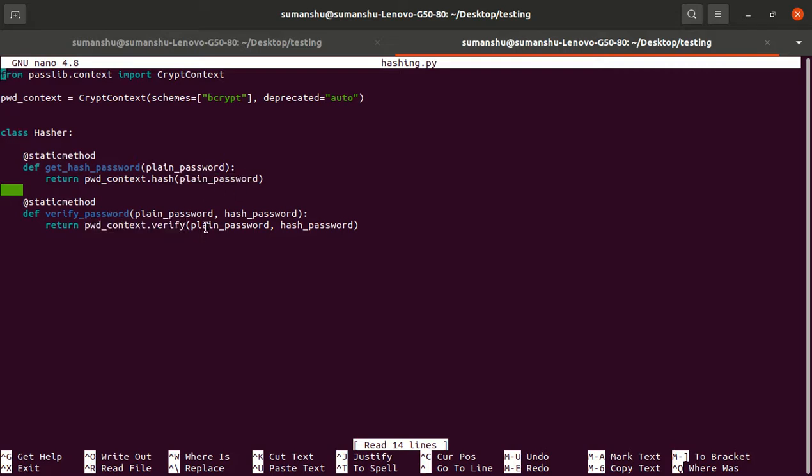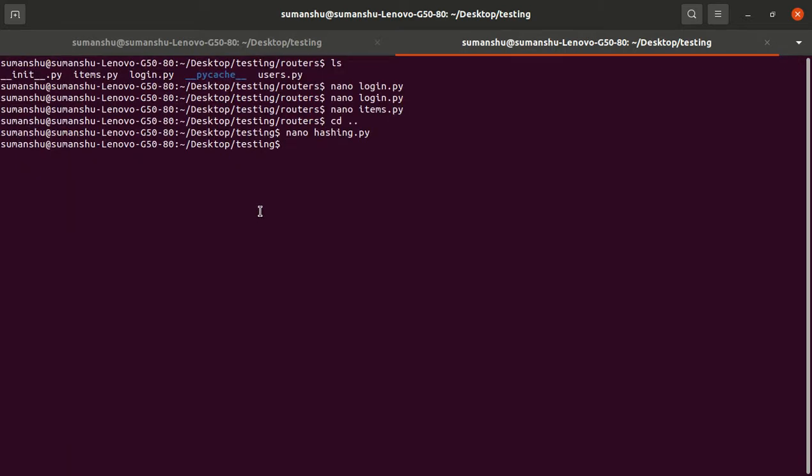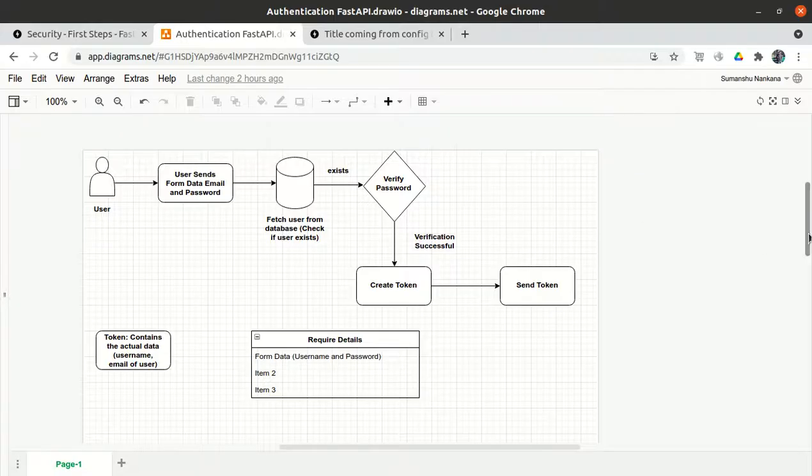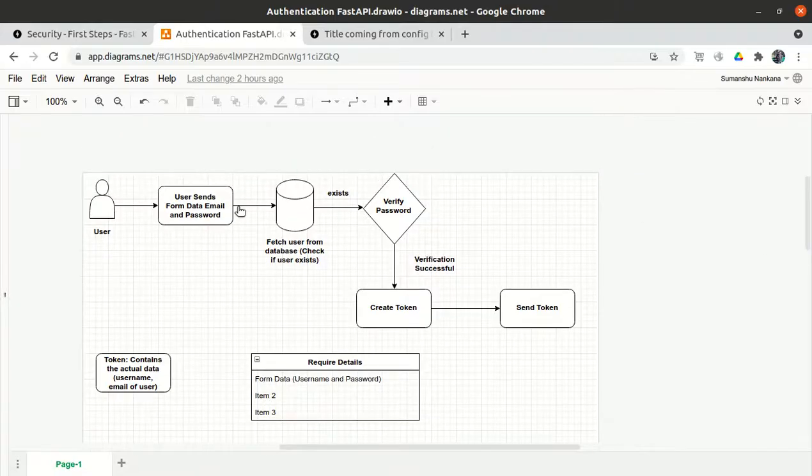Verify will just take the password which the user enters and the password which exists in the database, and it will automatically compare. If it returns true, it means the user has entered the correct password. So the first step is okay. Now how to verify the user, how to verify the password, and how to create a token, all these steps we will see in the next video.